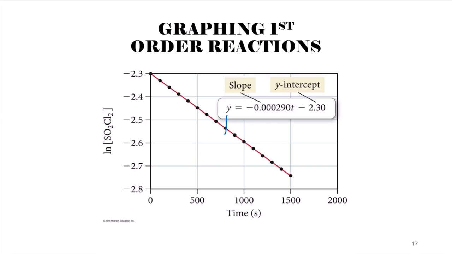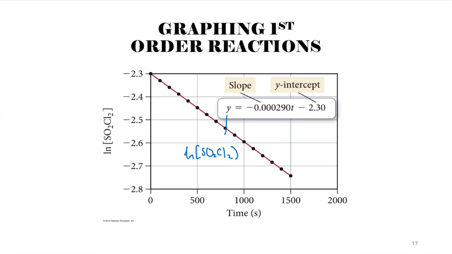How do we have to plot this? This is for an arbitrary reaction of SO2Cl2. Yeah, you have to plot the natural logarithm of the concentration. That's our y variable here. So ln